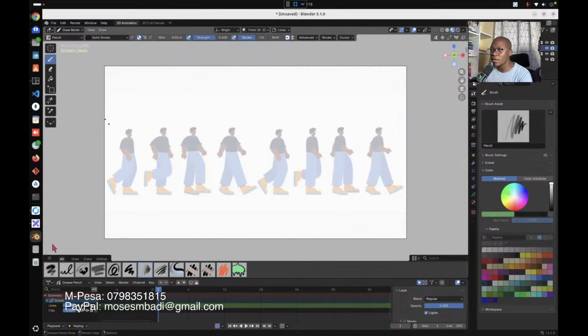Okay, so we can start by drawing this. We draw the head, and then we draw the hand, and then this leg, and then that leg. Oh my goodness. And then we come here and put another keyframe. We draw the face, this hand, that hand, that leg, and that leg. You see how animation is fun but also tedious. We go back to the second frame, we draw this hand, that hand, that leg.